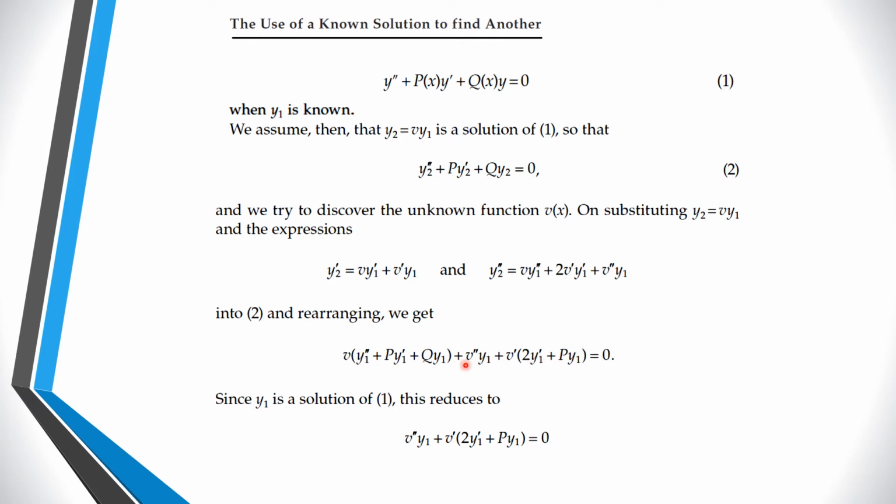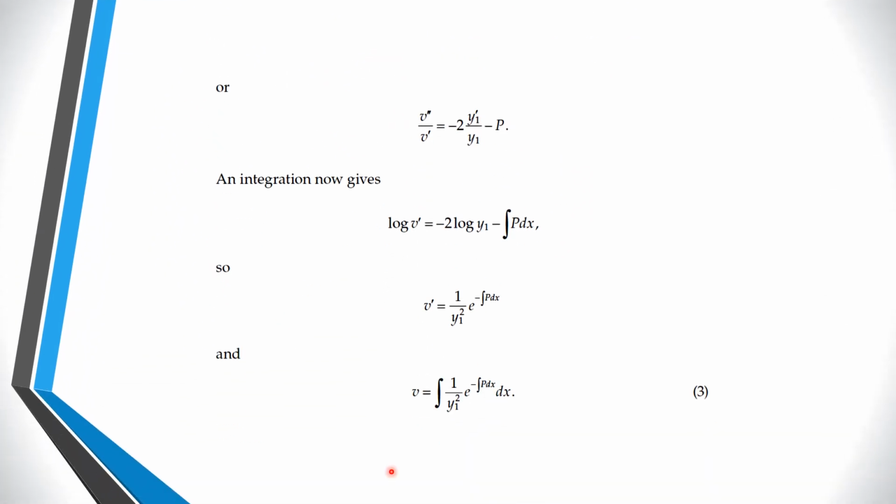Now we have to simplify this term. Just see, in this case we can separate the variables, and after integrating we will have the solution. So if we combine the terms v double prime with v prime, and all the other terms to the right hand side, and then take the integration, you will get the value of v prime. When you combine the v terms as well as the y1 terms on the other side, we will have this thing.